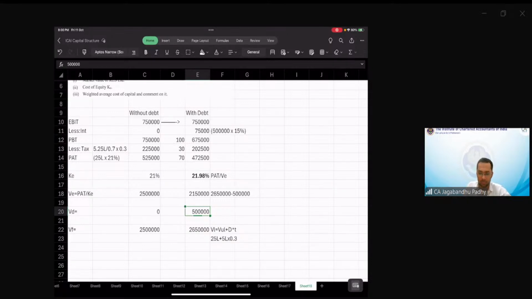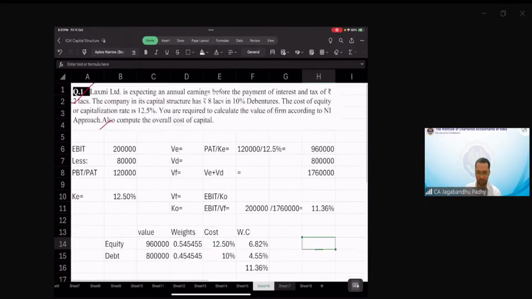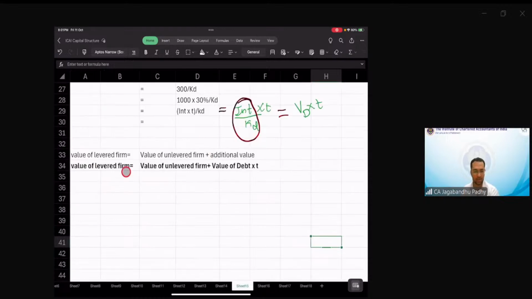I did not get that. I mean, what's exactly your query? You were saying that value of equity is not falling, which I said value of equity is reducing. 1,50,000 is more than the value. Yeah, because that 1,50,000 is the tax saving due to the interest, which we have discussed in the MM model. Value of levered firm will be unlevered plus value of debt into tax. So this will be the extra value which you will have in the levered firm as compared to the unlevered firm.